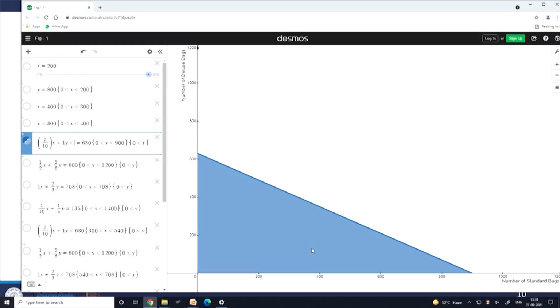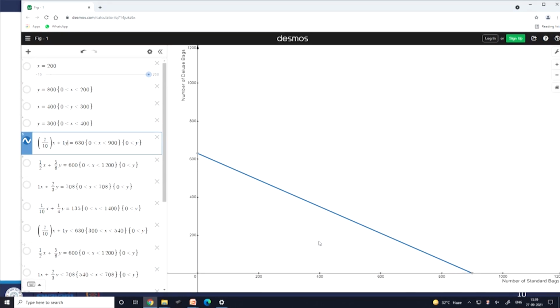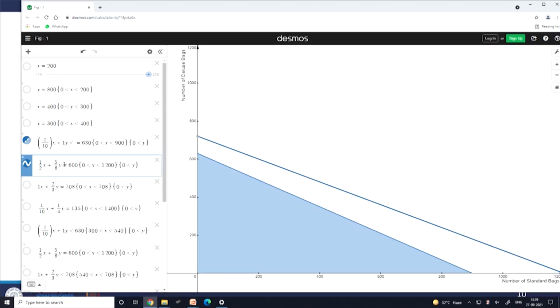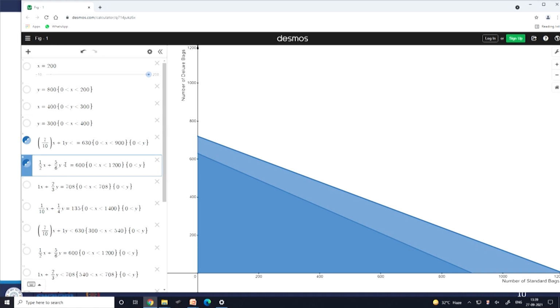So, this is the region. Here you see that I have restricted the values of x and y to only positive values. So, this is the region, the first constraint is represented. When you remove this less than or equal to sign, you will get only a line. When you type this less than or equal to, you will get all the regions. So, this blue region represents our first constraint. The second constraint, this is only a line, but our constraint is less than or equal to, you can type it here, less than or equal to, right. So, this is the second region.